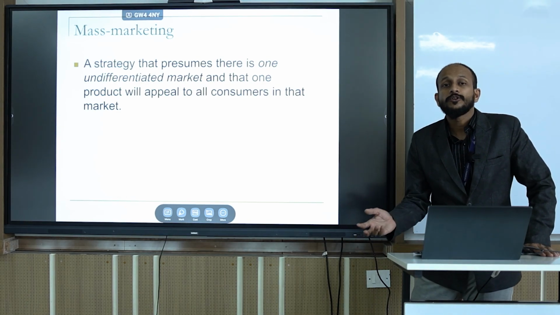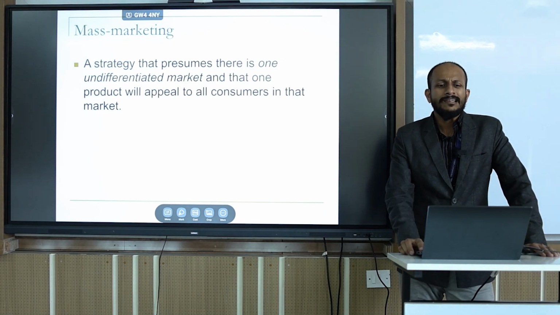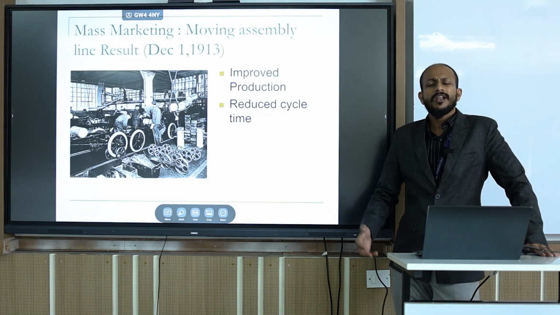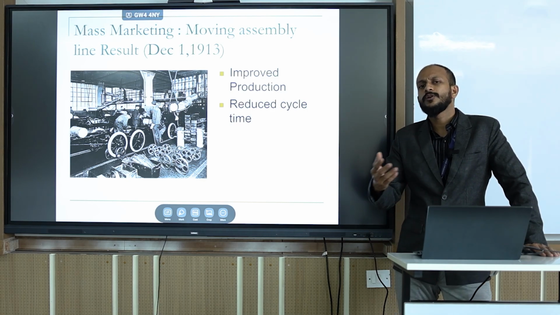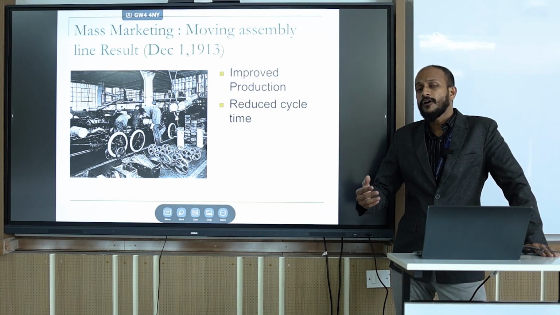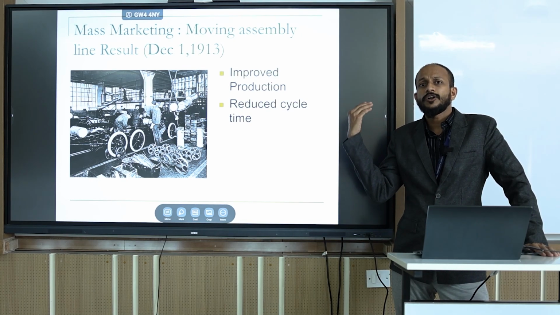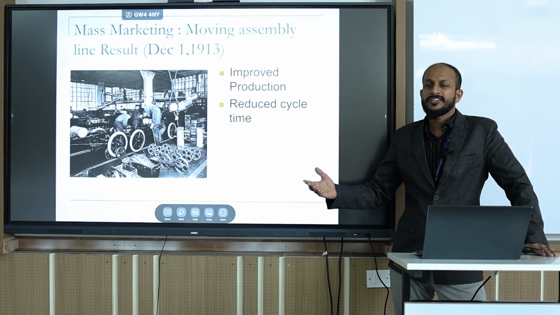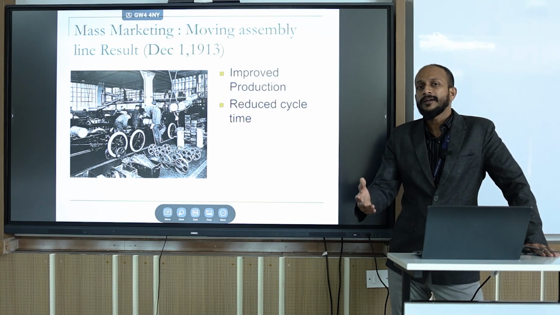The answer goes back to the early part of the 20th century. Just go back to the year 1913, where Ford revolutionized the concept of the moving assembly line. We all know about Ford, that he was the one who invented the car. And he didn't stop with this. He also came up with the concept of the moving assembly line: a conveyor belt carrying the chassis of the car from one station to another station, wherein a worker will be working on it.